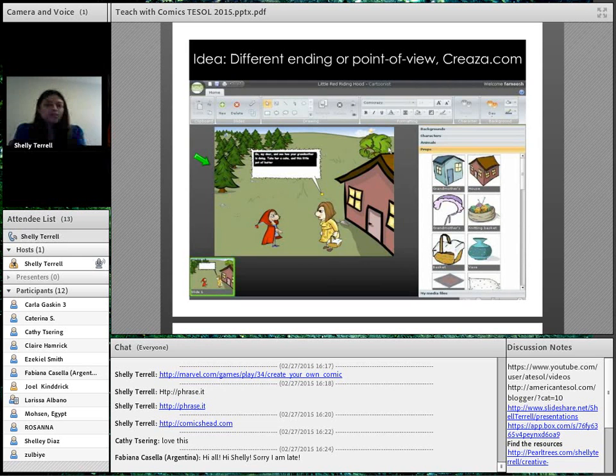So instead of, for example, Goldilocks or Little Red Riding Hood having the story told from the bear's point of view, you can have it told from the big bad wolf's point of view. So this is a different way of telling that particular story and rethinking about it. And you can teach a lot of things with that. You can teach about, for example,